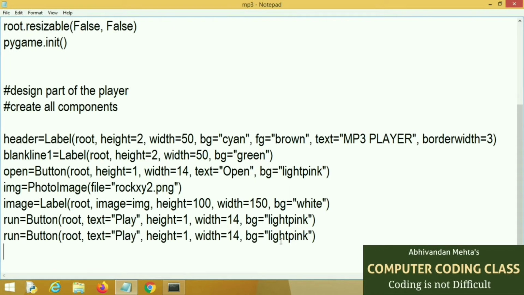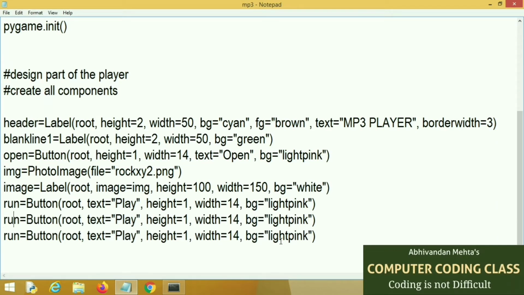Shortcut way, just copy and paste and make changes.